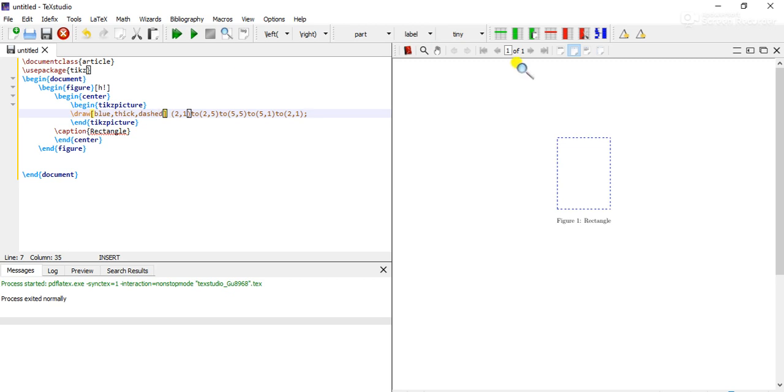See, we have got it, a rectangle, dotted line, and also it is a little bit thick.